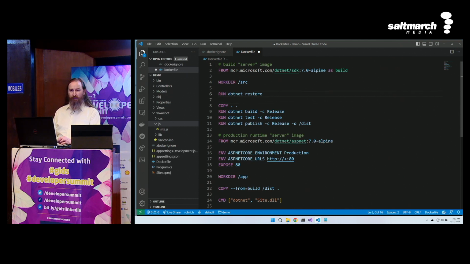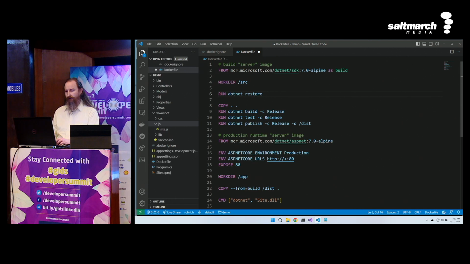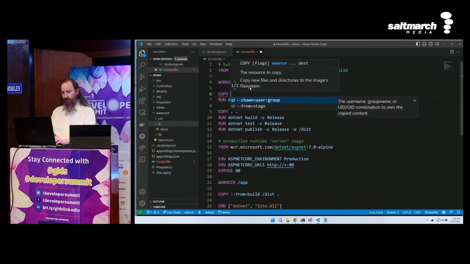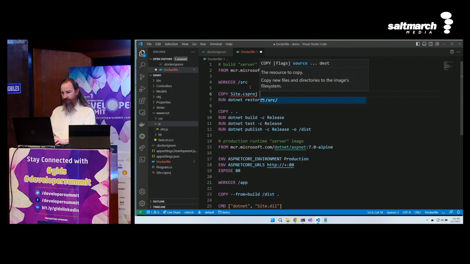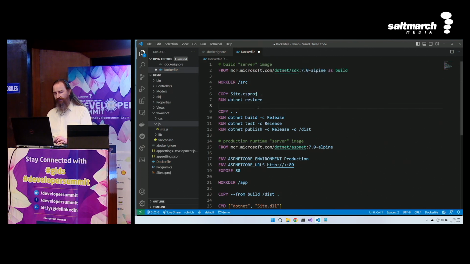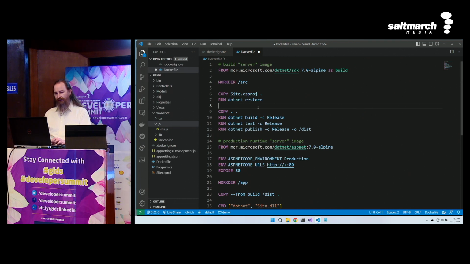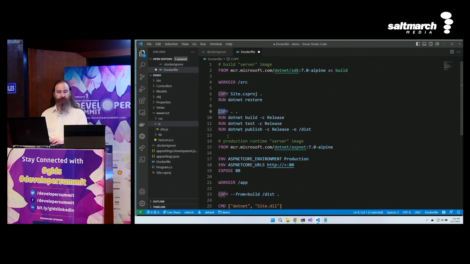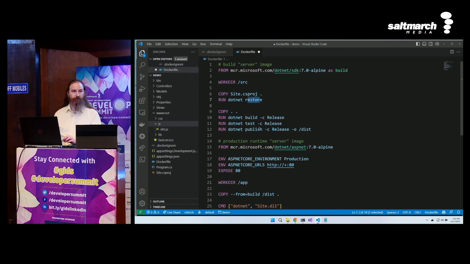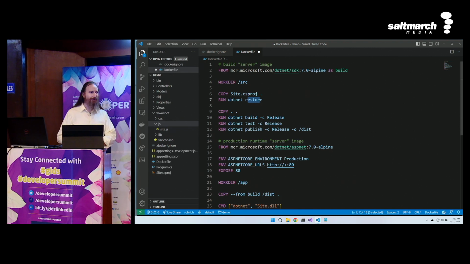I still need my manifest, my list of packages, so let's copy in site.csproj into the current directory, and then dotnet restore, and then copy everything else, and then build, test, and publish. Now if I only change a JavaScript file, I will invalidate this layer, and my NuGet packages are still cached. Cool.